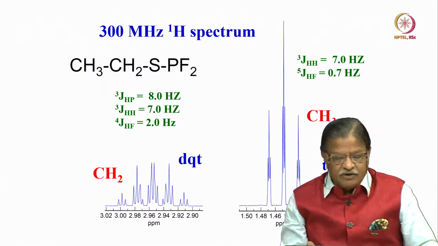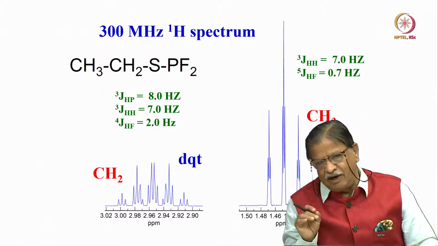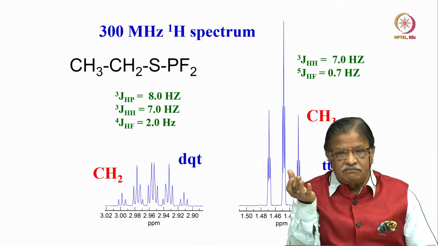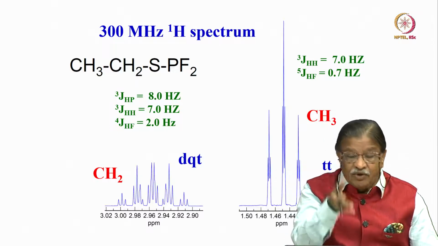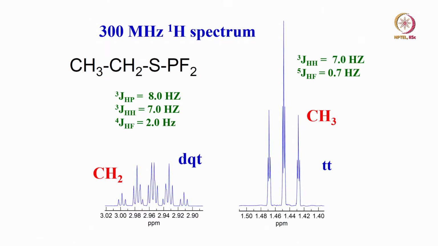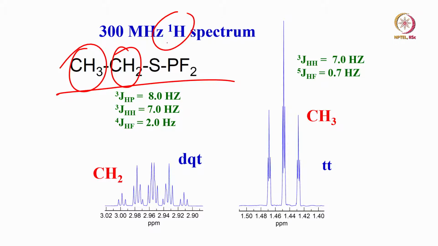Okay. So now I'll go to a molecule where it need not be proton coupling. If you are observing a proton spectrum, you can get heteronuclear couplings also. For example, in this proton spectrum of this molecule, there are two proton groups, CH2 and CH3. But each of them has a coupling with phosphorus, which is a spin-half nucleus, and fluorine, which is a spin-half nucleus. Both of them are 100% abundance. So it is quite likely there is a coupling of CH3 to CH2, phosphorus and fluorine. Similarly, this can couple with this and this. We will see the pattern now.